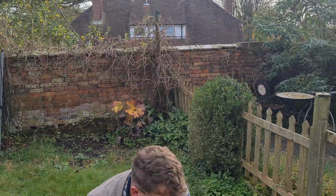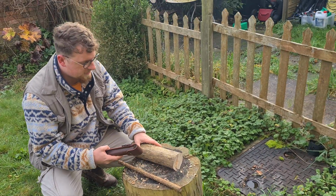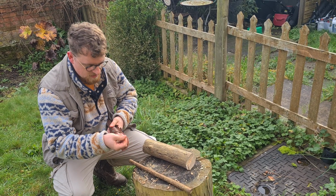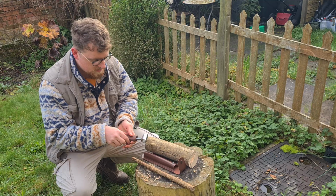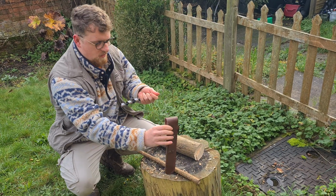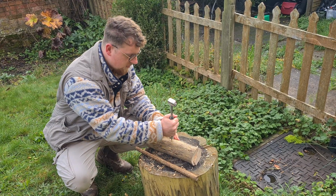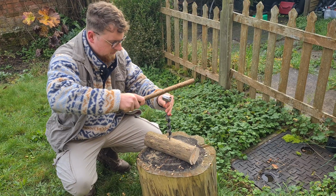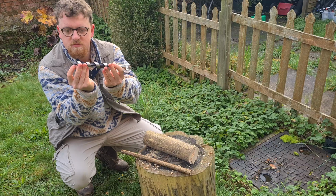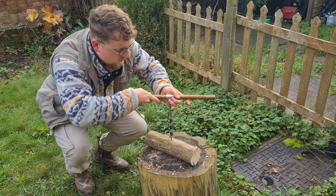Now what we're going to do is we're going to take our piece of wood that we've cut earlier, and you may already have one of these, you may not, but this is an auger. So essentially it's a hand drill bit. Now all you do is you find roughly the center, so right about there, just tap that in a little bit like that, and because I've got the spiral at the bottom there, it will slowly but surely work its way into the wood and drill